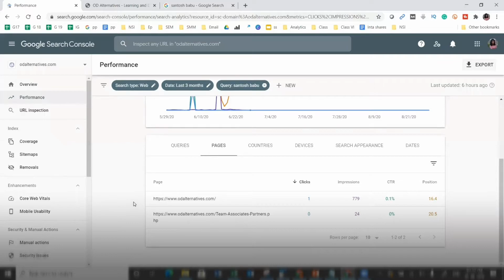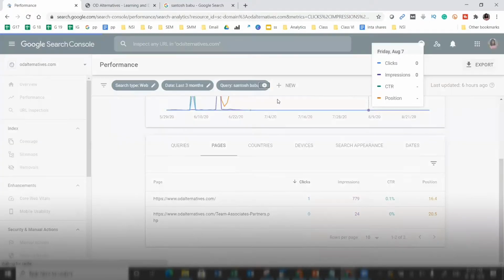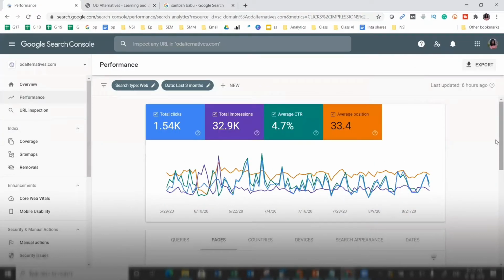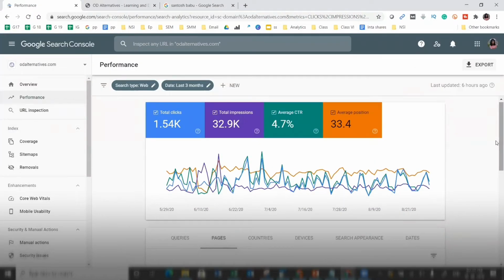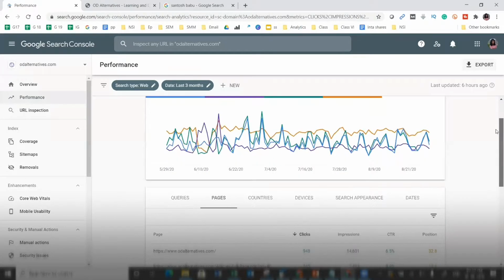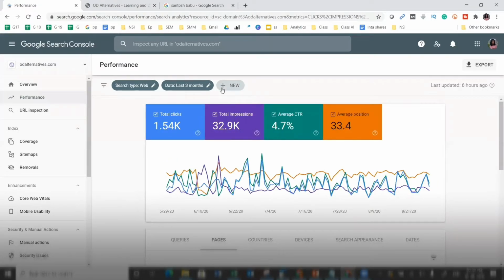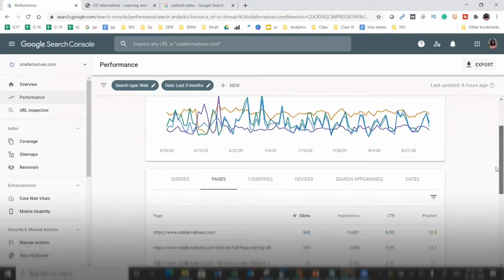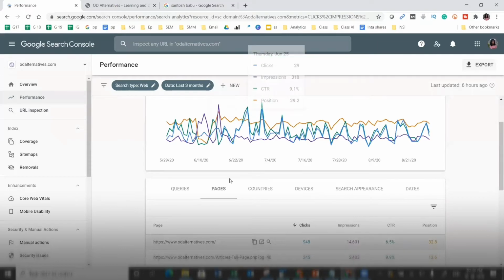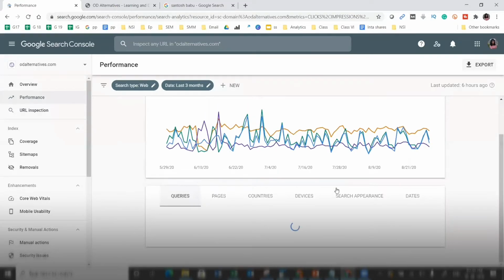All right, so now that's the query part, and let me go back and show you what else we can find. If you notice, I just deselected the keyword that was selected so that I can again go back to analyzing the entire data.